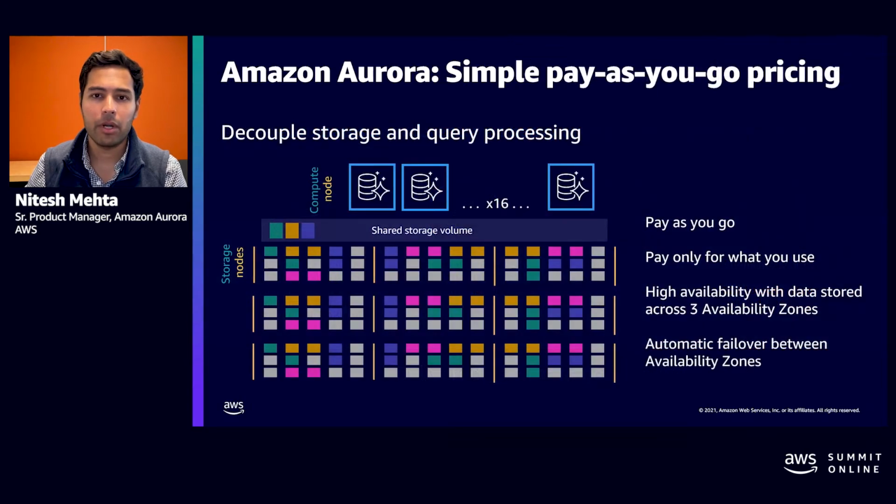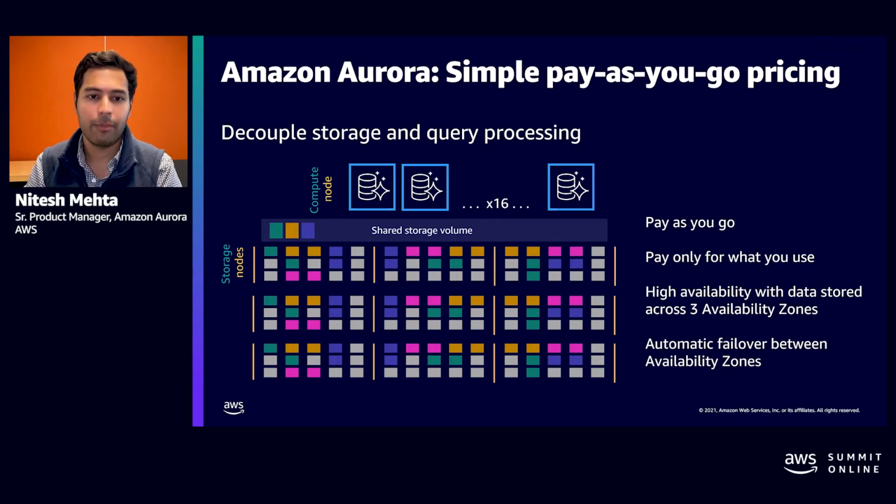So let's discuss the primary innovation behind Amazon Aurora, and that's the decoupling of the compute layer and the storage layer. And what this allows us to do is, based on your workload or your query traffic, we can add more compute on the storage side to process queries faster. We can scale the storage. And more importantly, the storage is very highly durable. That's really important for a lot of our customers who need high resiliency, and they need a 99.9% SLA for their applications, especially tier 1 production applications.